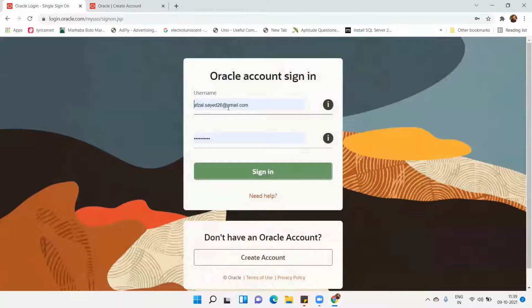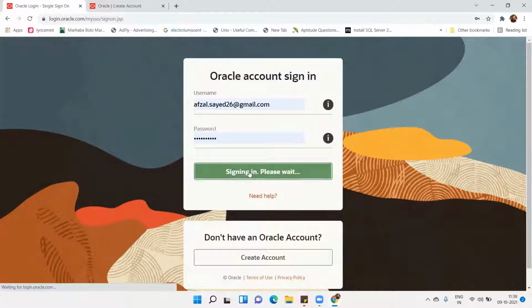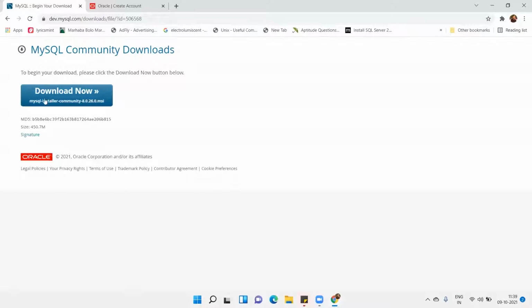Okay. I'm going to log in on this. Fill in your email address and password. And after that, here you find the link, Download Now. It started downloading. It needs a few minutes. So we will wait for this, or I think it's about to complete in a few seconds. So we can wait, and after downloading, we will start.